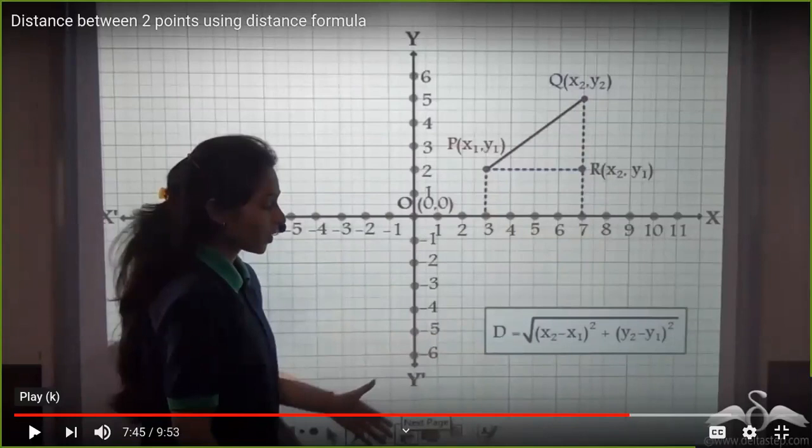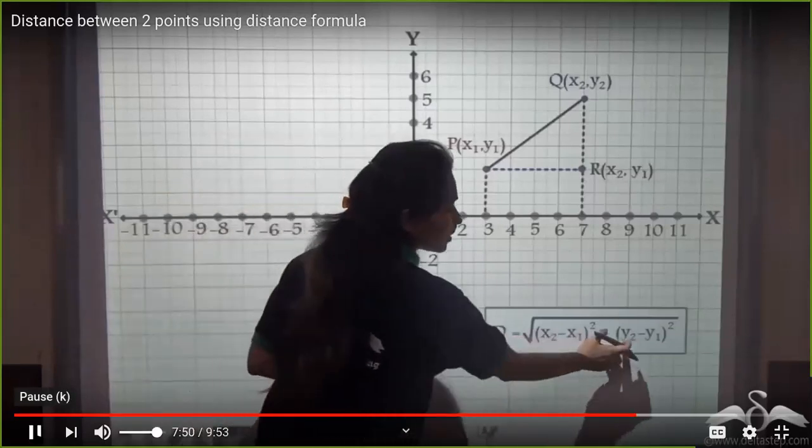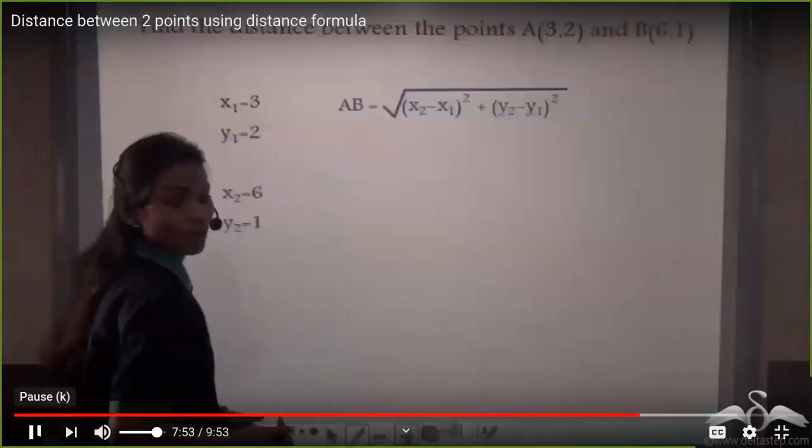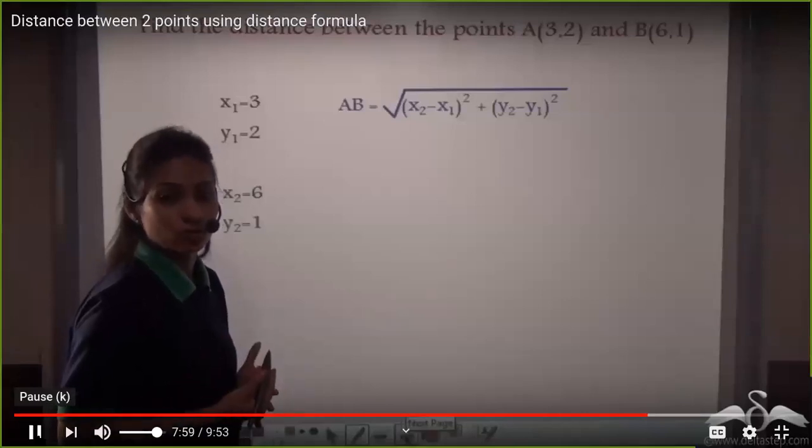When you have 2 points, say P and Q, whose coordinates are x1, y1 and x2, y2, then to find the distance between them, you have to use this formula, where D equals square root of x2 minus x1 the whole square plus y2 minus y1 the whole square. If they give you the values of x1, y1 and x2, y2 in the problem, you just have to substitute those values and find the squares and the square roots to get the distance between P and Q. Distance between any 2 points on a graph paper can be found out with this formula. Even without the graph paper, given 2 points, you can find out the distance between those 2 points.